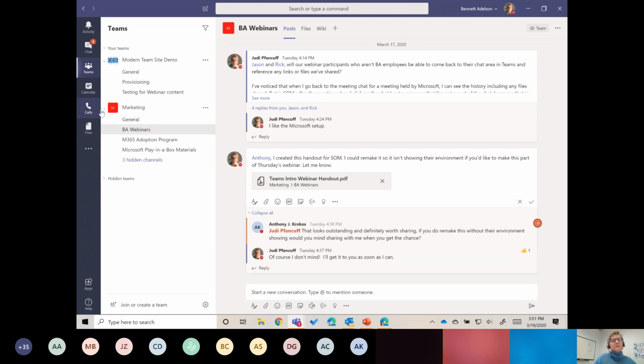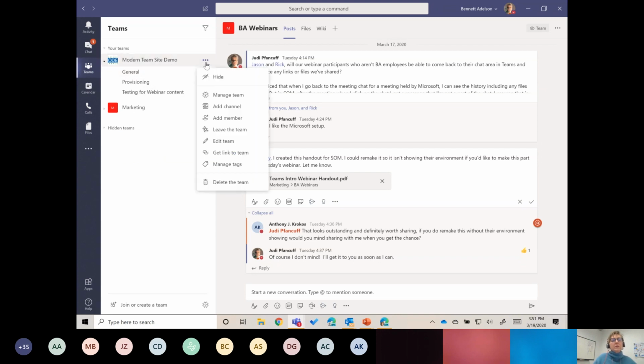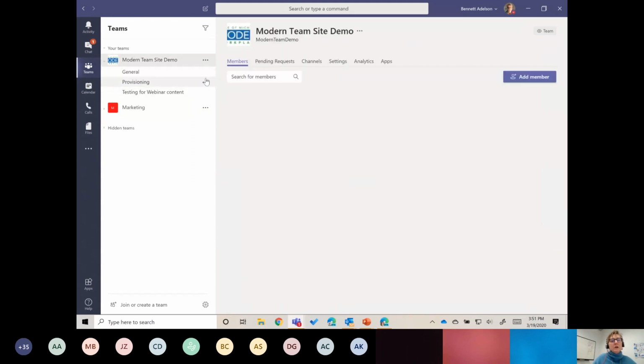Oh, so yeah, let's talk a little bit more about team owner capabilities. I don't know how many of you on the call might be team owners, but you might be curious, if you're not, as to some of the things they can do. So everybody has this manage team. When they click the ellipse next to the team's name, manage team pops up in the menu, and it's a good place for everybody on the team to look when they need to remind themselves of who else is on the team.